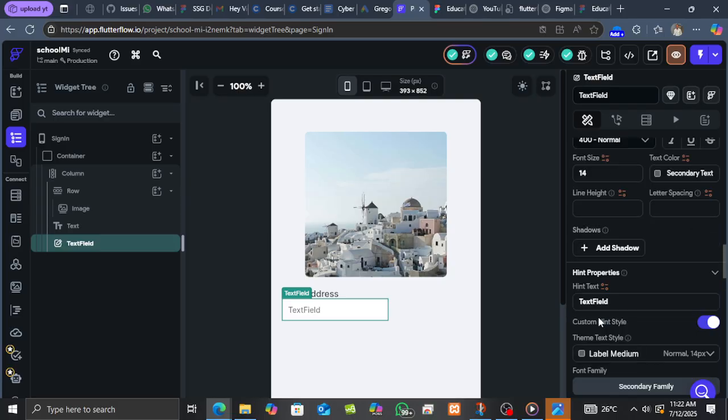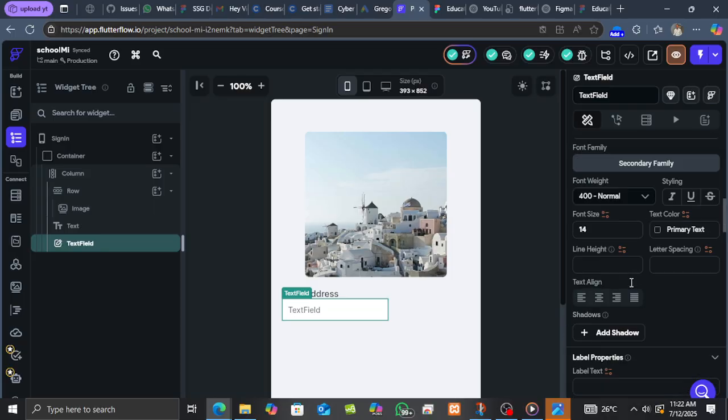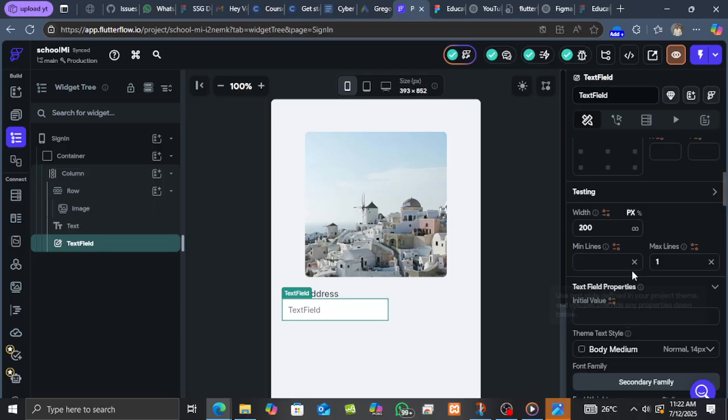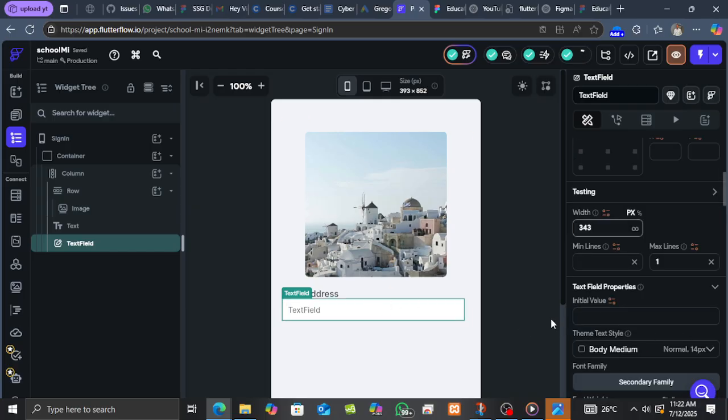Line height, text area. Okay, so we have 343, 343 is the width. Okay,